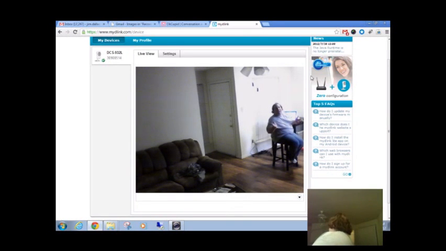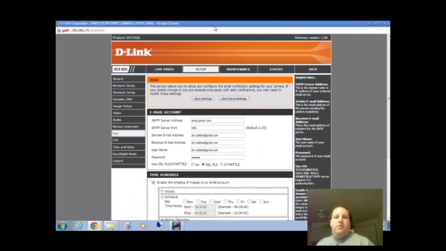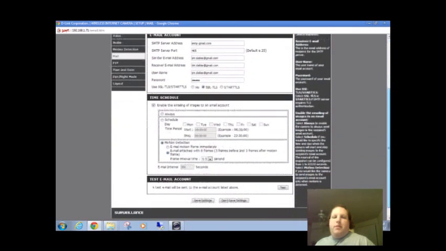Now that we have the camera basically mounted, let's go ahead and take a look at some of the more advanced features of this camera. One thing that I've set up is email based on motion detection, and to do that, first you're going to need to specify an SMTP server. That's the kind of mail server that you have that sends outbound mail. For this example, I've gone ahead and put in the Google SMTP server information. I've also set it up so that it will send on motion detection,